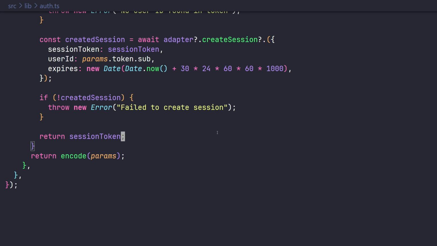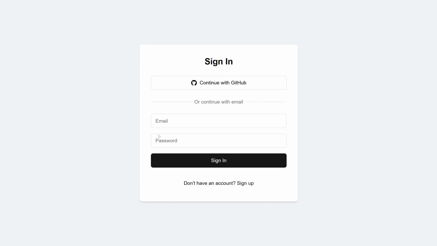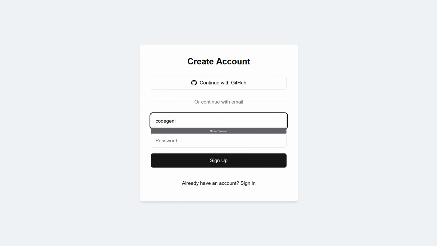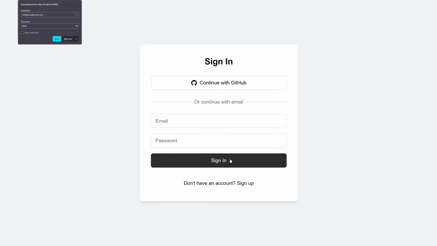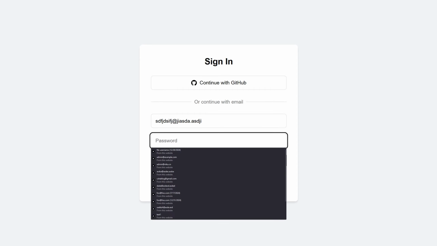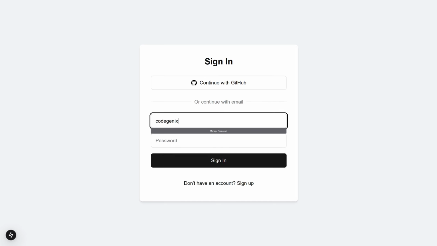Now let's see all the implementations in action. Just run the development server again, head over to the application, and for example, try to sign up and create an account, whatever that you want. For example, something like codegenics@gmail.com with the password of 1234. Then hit up sign up. And now if I try to log in with something different than the email we just created like this, we're not going to be able to sign into our panel. And you must also handle the errors generated by Auth.js. But if I try to log in with the valid email that I have signed up on the application itself,